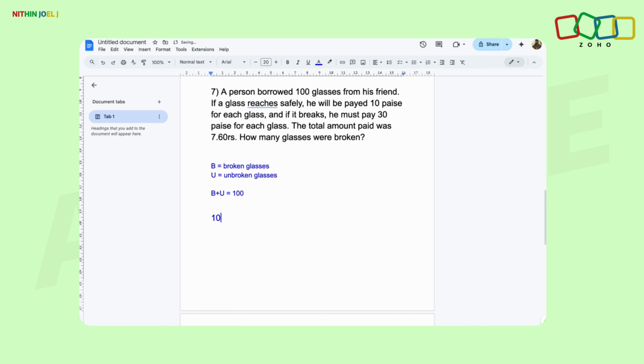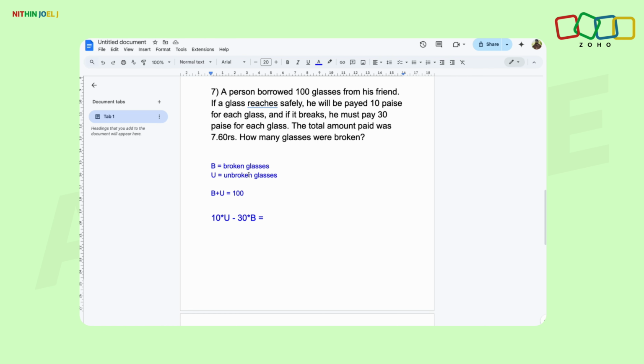So 10 into U, and 30 paise he should pay for broken glasses. So he is paying 30, which is money withdrawn from his account. So minus 30 into B for broken glasses, which is equal to the total amount paid, which was 7 rupees